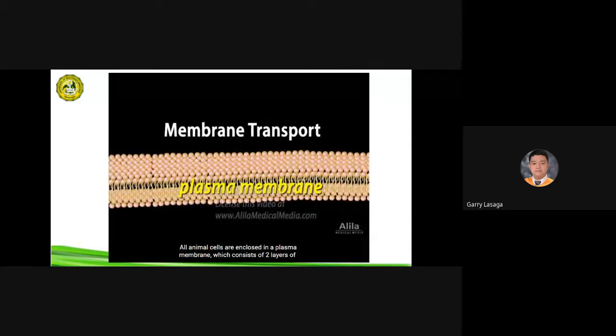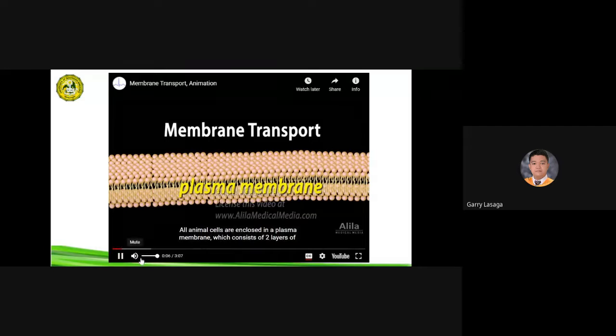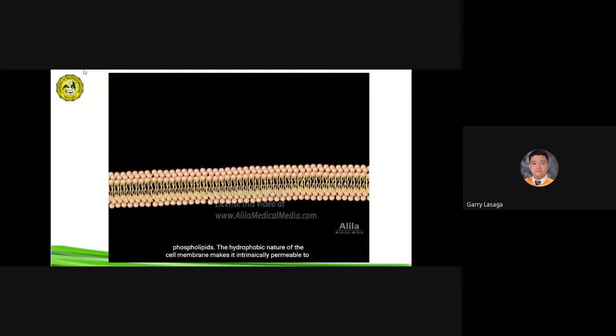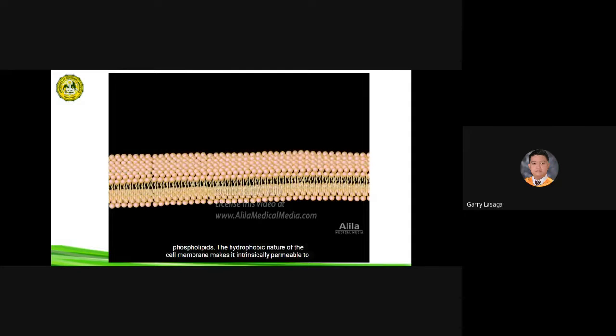All animal cells are enclosed in a plasma membrane, which consists of two layers of phospholipids. The hydrophobic nature of the cell membrane makes it intrinsically permeable to small,